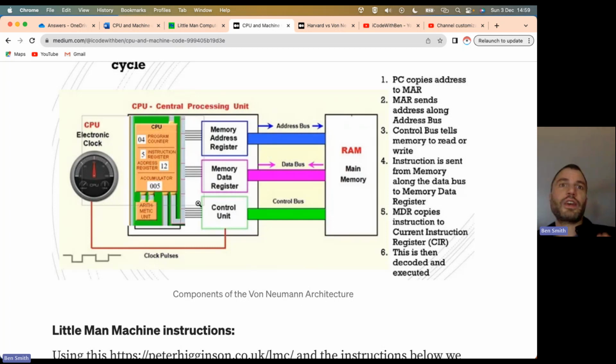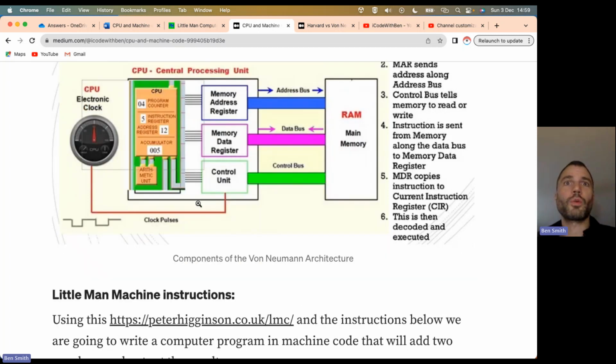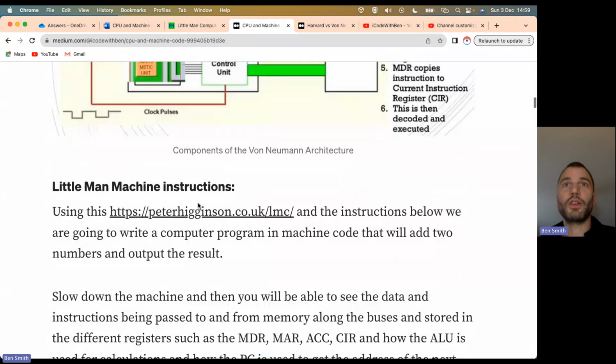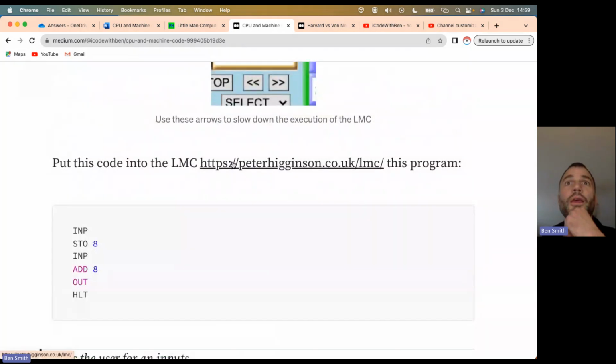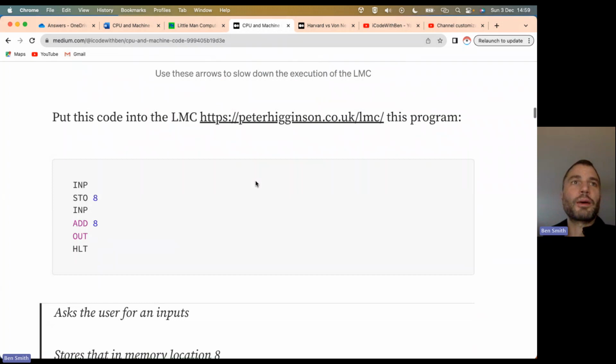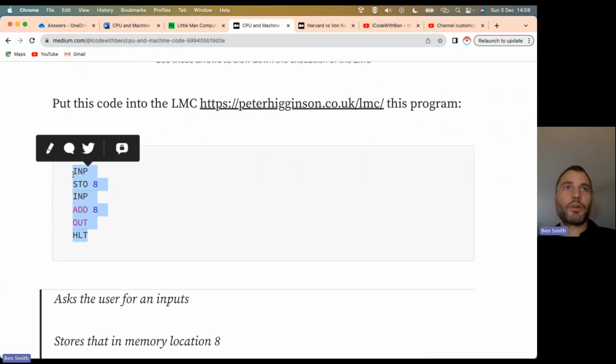The best way you can understand this, which you should do with me now while you're watching it, is to look at the article, open up this little man machine. I'll also put a link for that below, and copy this very simple program here. And all this program does is ask for two inputs and adds them together. So if we go over to the little man machine,